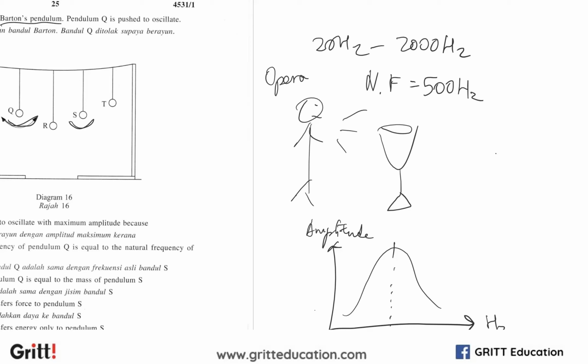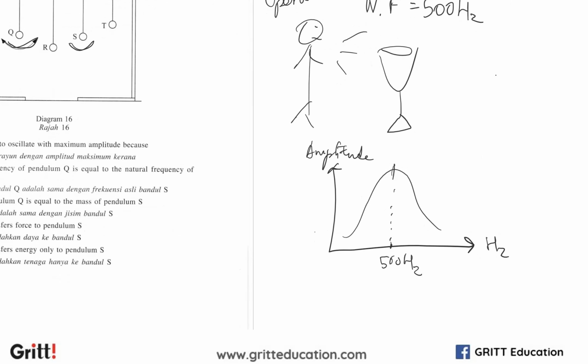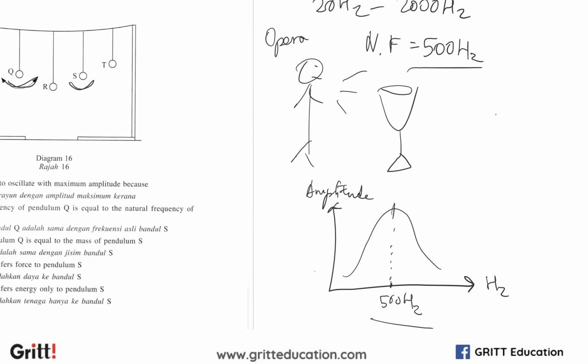This is how all objects behave. This peak here is at 500 Hertz, which is the natural frequency. So when the frequency of the opera singer's voice matches the natural frequency, the wine glass would oscillate at